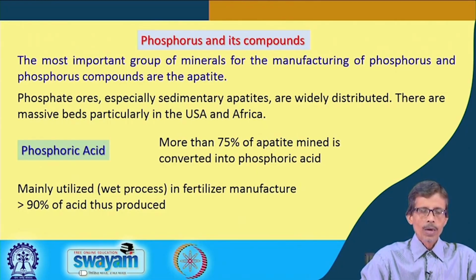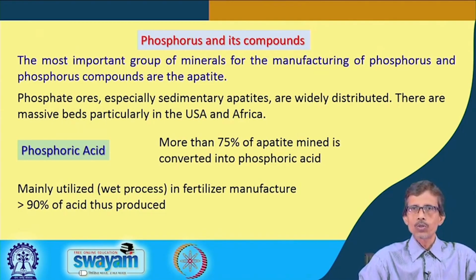But why do we produce so much phosphoric acid? Our mineral apatite gives some amount of phosphorus, we convert that to phosphate ore, and that ore gives you phosphoric acid. So the ready supply of phosphoric acid can be converted to other phosphate salts or corresponding phosphate materials,